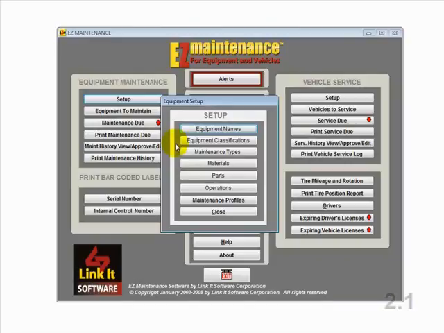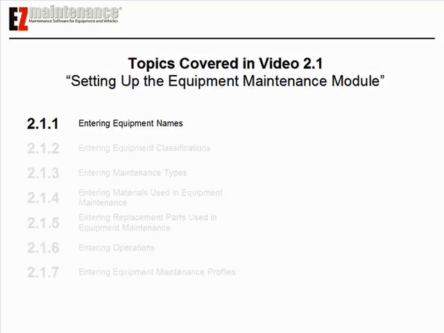The Setup section of the equipment module of Easy Maintenance is where you enter data which you will use later to specify the maintenance requirements for the equipment that you enter into the program. Each of the buttons in this window represents an area where you enter data into the Setup section. In this section of the video tutorial, we'll cover all of the areas of the Setup section for the equipment